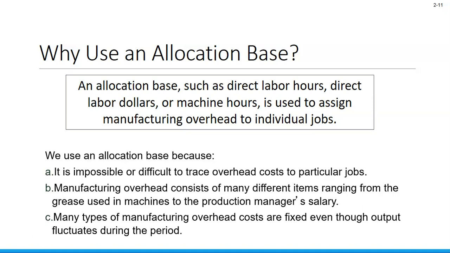Okay. But why we use an allocation base, why we use a predetermined base, is because those indirect costs that end up in manufacturing overhead are either impossible or difficult to trace to particular jobs or units. And we have a wide variety of things that end up in manufacturing overhead. Okay? Many of our manufacturing overhead costs are fixed, even though the output might fluctuate during the period. So we might use more during 1 month than another, but they're still fixed over the accounting period or an